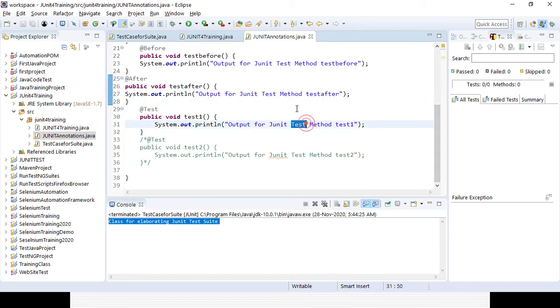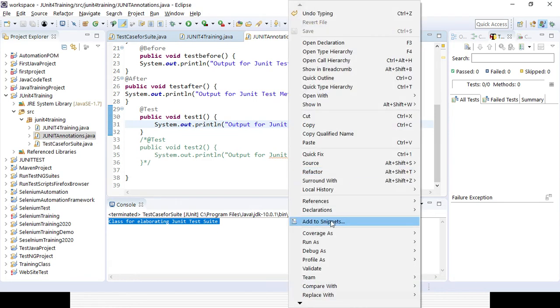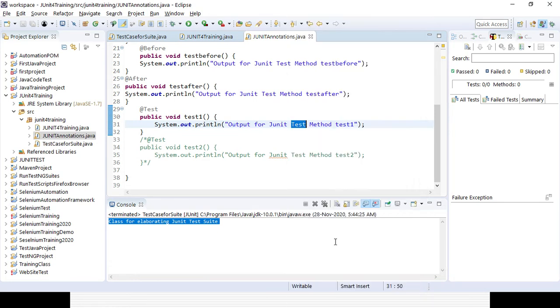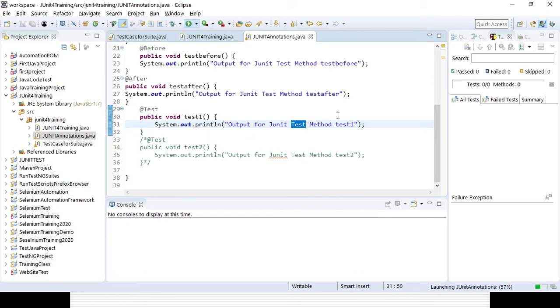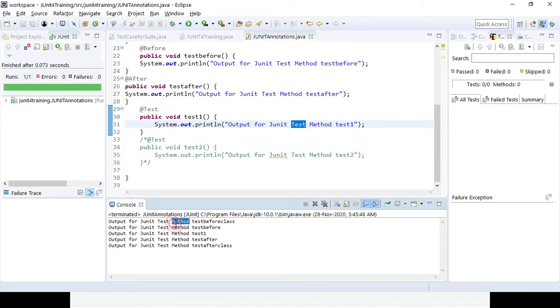If you run it in standalone mode, you can see the output here, because Before, After, everything will be coming: first BeforeClass, then Before, then the @Test method, then After and AfterClass. So all the output will be coming.